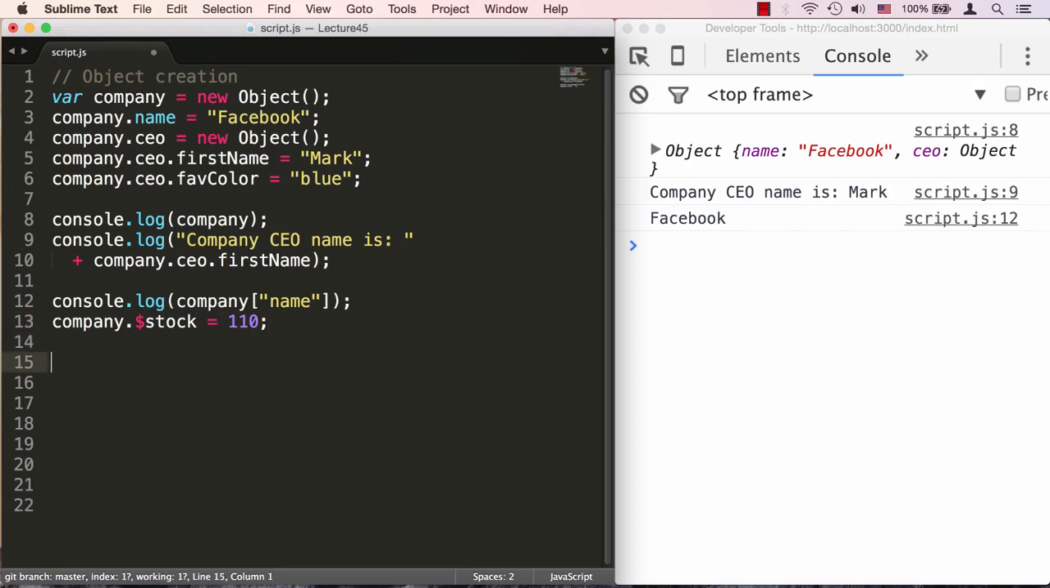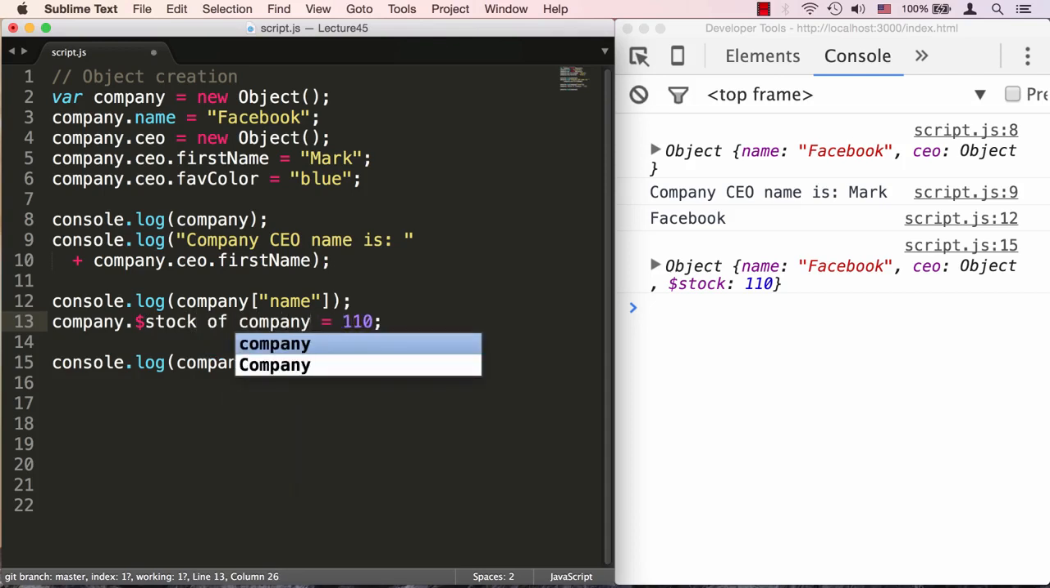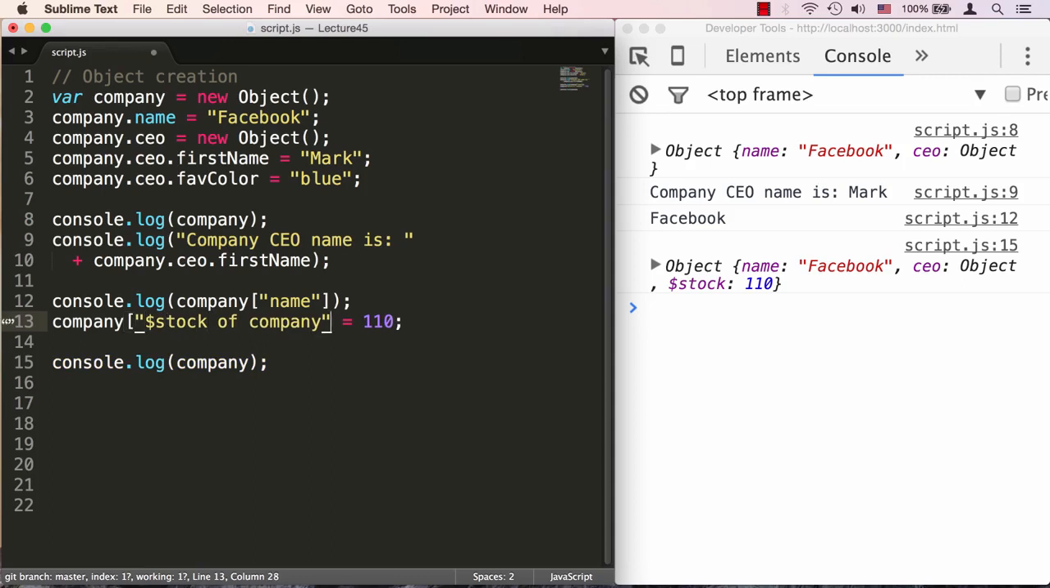Let's say that's how much it is, and I'll go ahead and do console.log company, and we'll output that. You could see that the stock property got set to 110. But what if I wanted to be kind of very dramatic? I don't want to just say stock. I want to say stock of company and put spaces in here. Well, I can't really do that, and I can't really do that either. That wouldn't work either. However, what would work is instead of the dot notation, I'll put it in the brackets